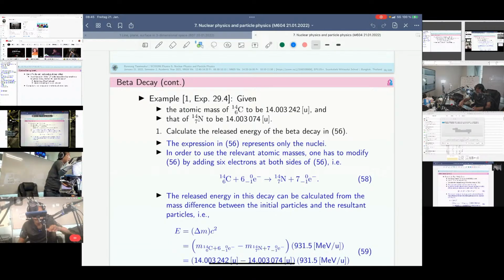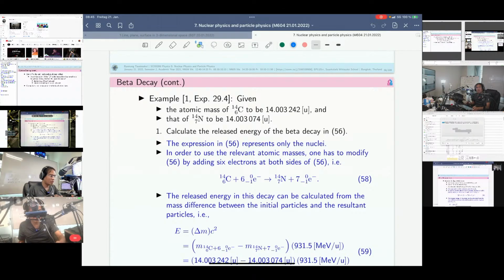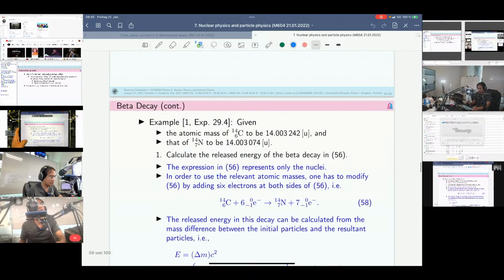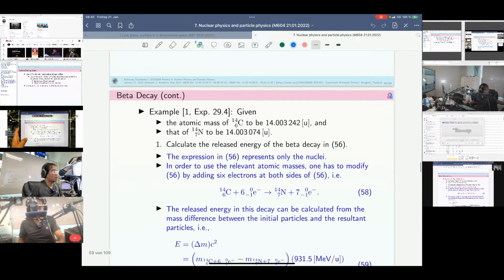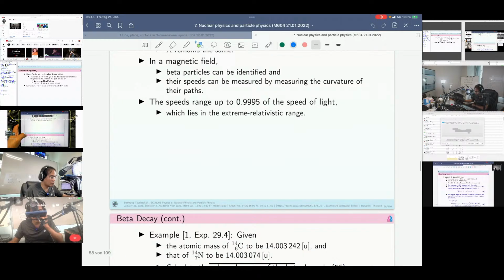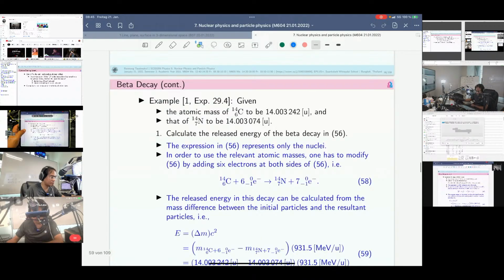For us beta decay calculation, right? We are gonna find the released energy for the beta decay. Just it's the conversion from carbon to nitrogen 14, right? It's the